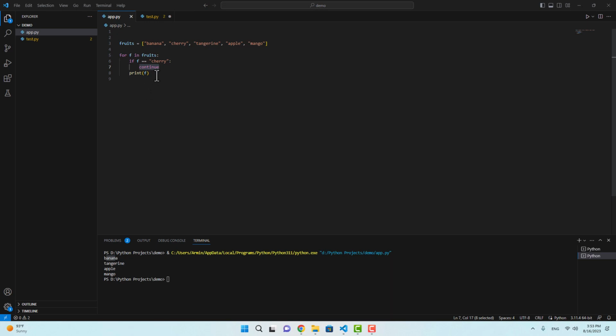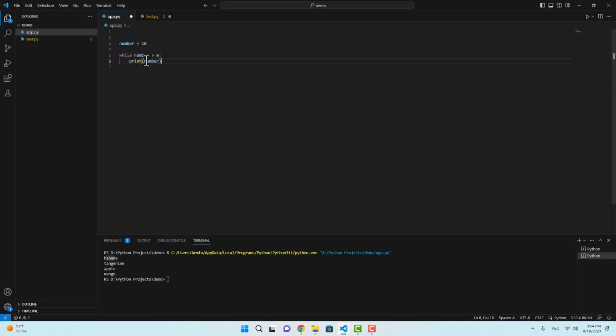Now let's talk about while loops. We learned that we could use for loops for data collections like lists, but sometimes we want to loop based on a certain condition. In order to use a while loop, you write while followed by the condition, then you use the colon sign. Let's say we want to print a number. First we define a number, then we say while number is greater than 0,